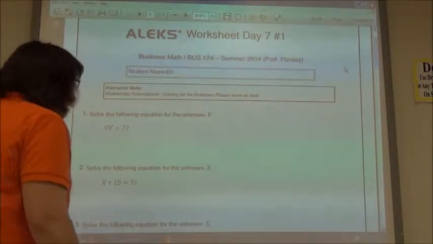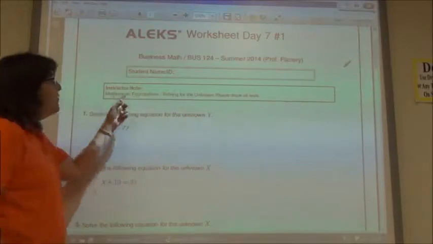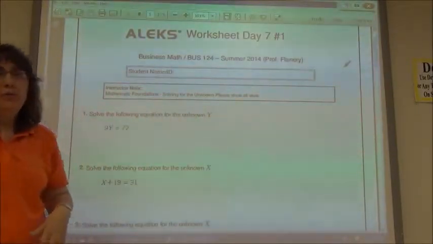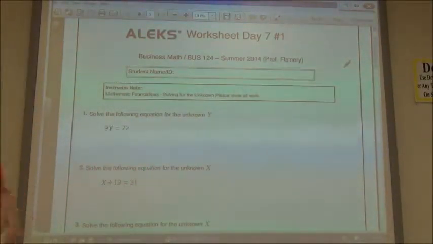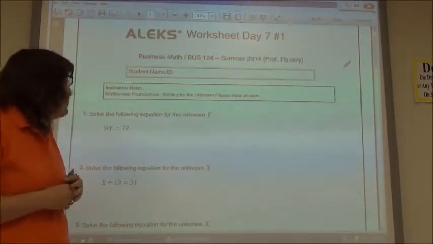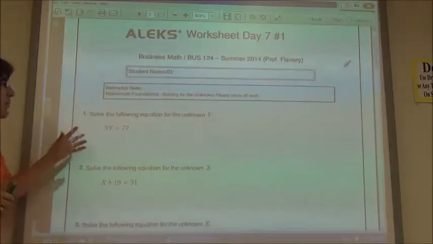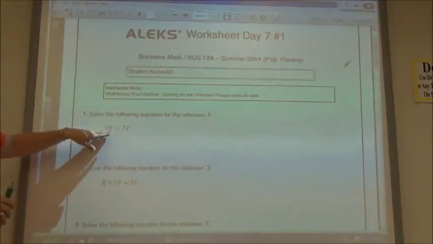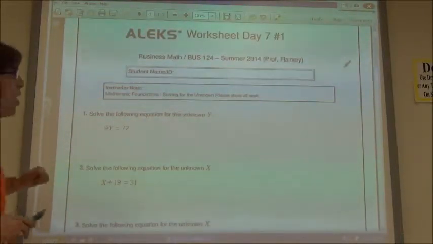Homework day 7, it's still in the mathematic foundation, solving for unknowns. So it's going to get into some algebra. They assume maybe you've had a little bit of algebra, but maybe it's been a really long time since you've had algebra. So some things you need to know. First of all, if there's not a sign in there, 9y